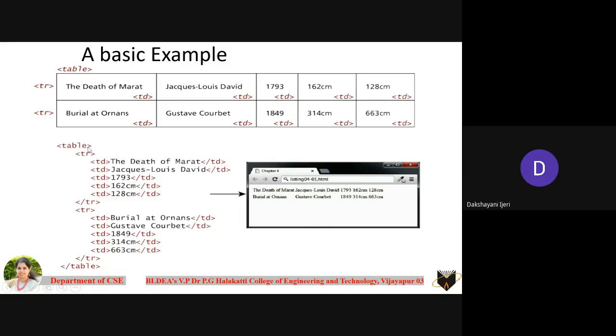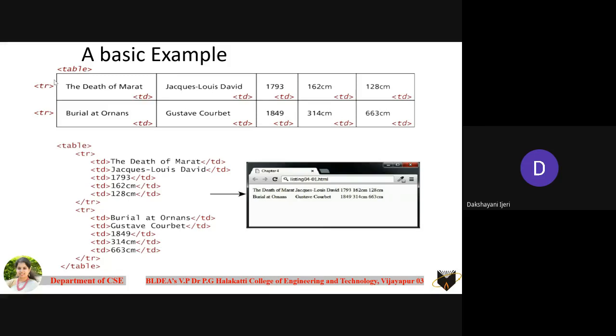I'll show you with an example. The border attribute needs to be included in order to give proper lines to make it a proper structure of the table here. Right now you just concentrate on the different elements required here. Do not get confused. It has to begin with the table element, then followed by the tr element. Do not ever forget these elements which are required in order to create the table.